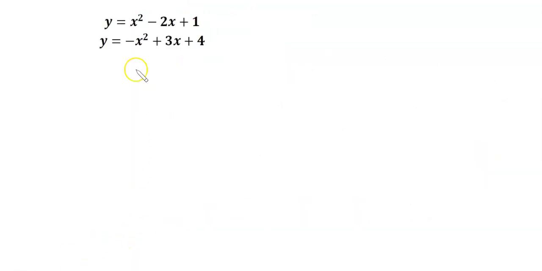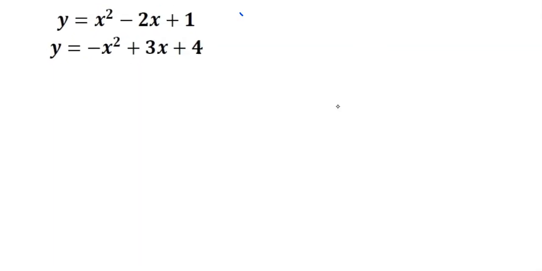Here we have our final problem, y equals x squared minus 2x plus 1, and y equals negative x squared plus 3x plus 4, and they're both solved for y. And so when this happens, you can just take the one part of it and set it equal to the other part, and then find the variable that happens as a result. So we've got